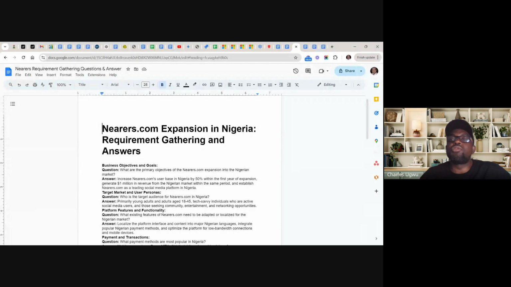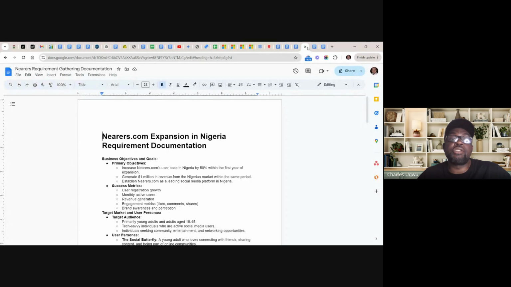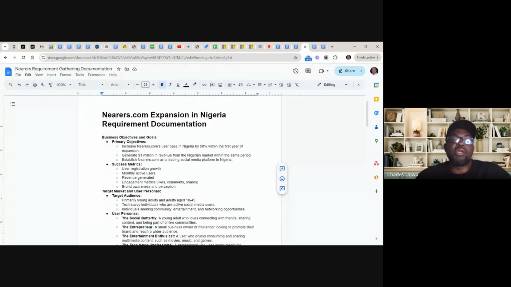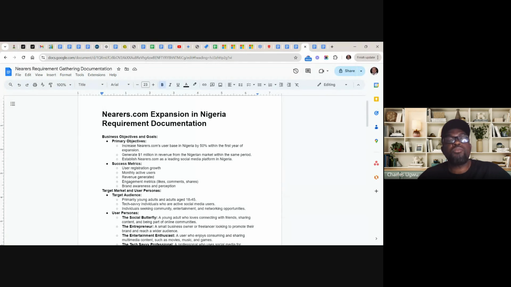So when we want to look at documentation to look professional, we can look at something like this. Here, you can't find any questions. You've documented the requirements you gathered from the stakeholders. And looking at this, you say